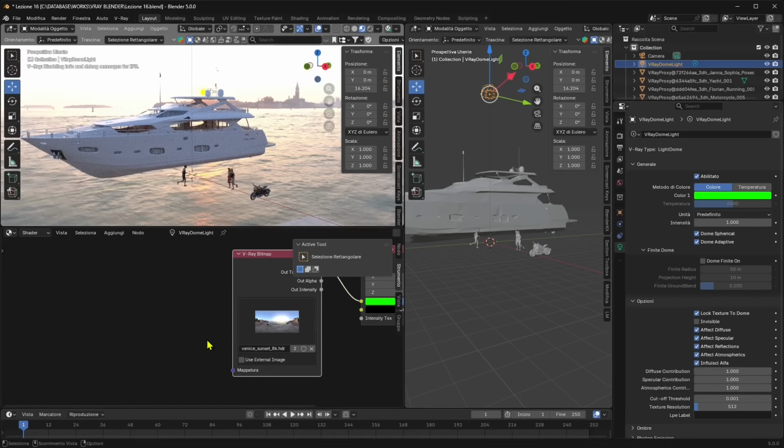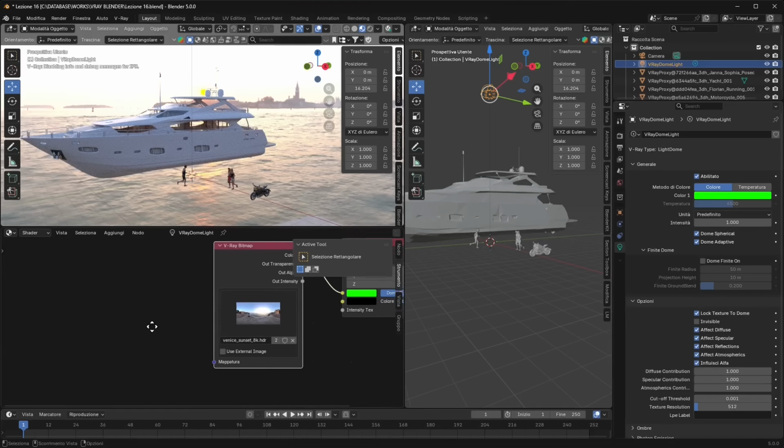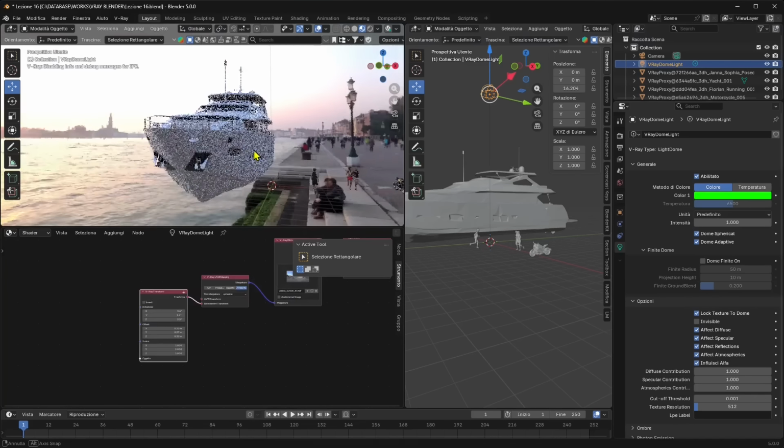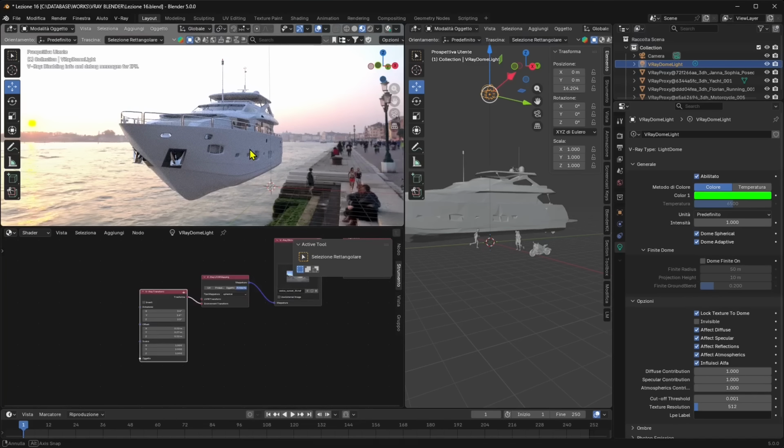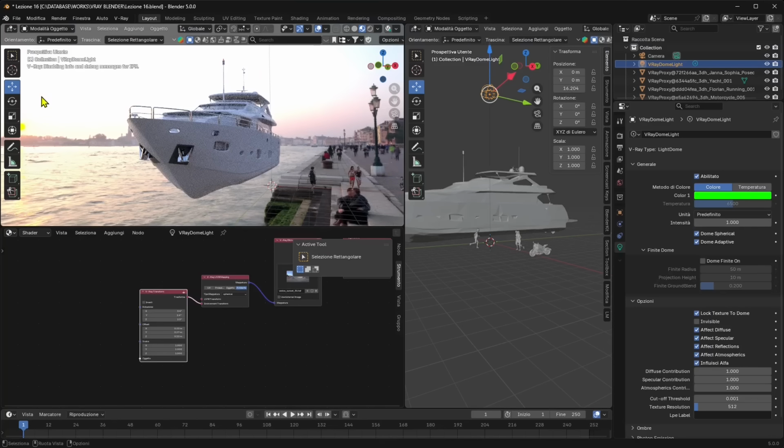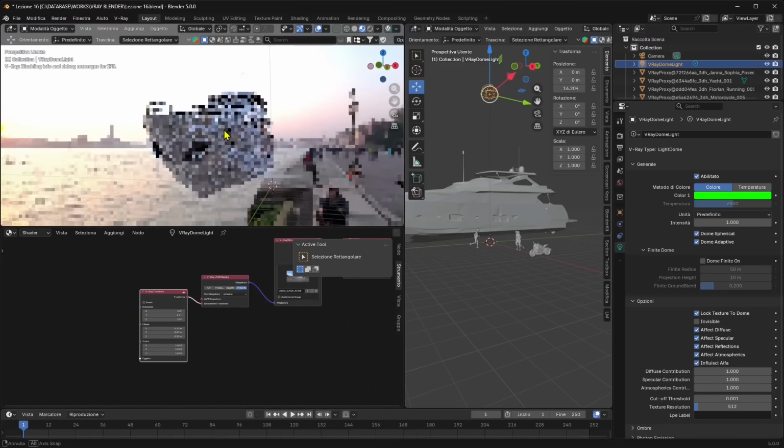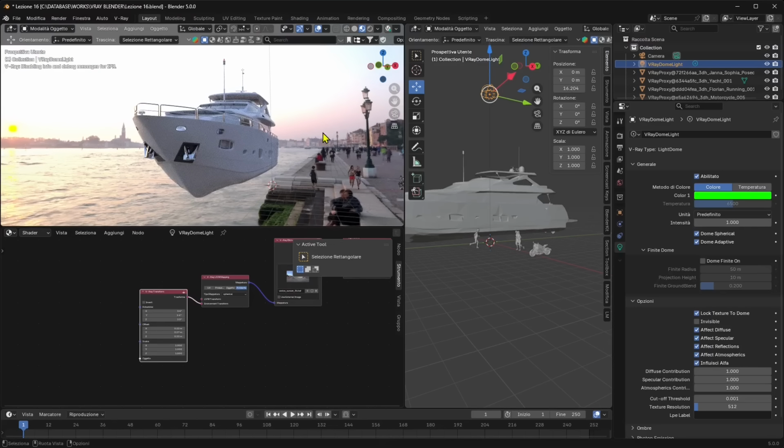And you can also turn it on and off. You can make it invisible. That means that you can render a PNG without the background, so with the alpha channel, that you can reuse in another graphic design application. Okay, now all I'm doing is just creating